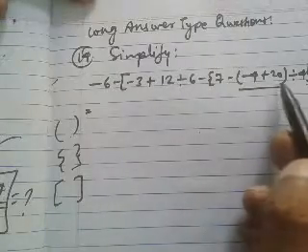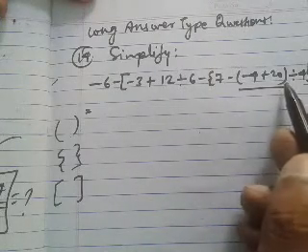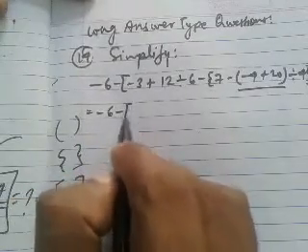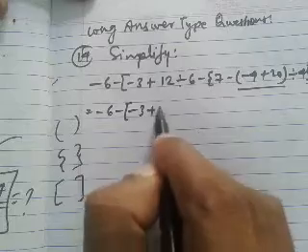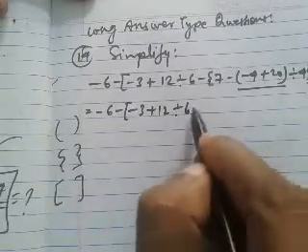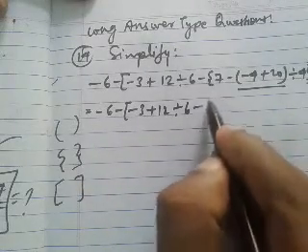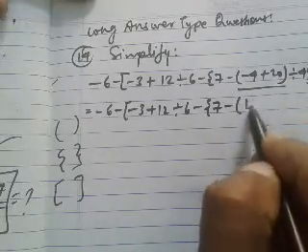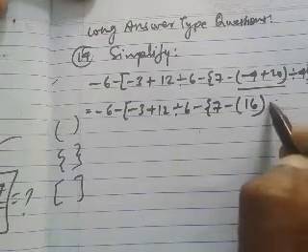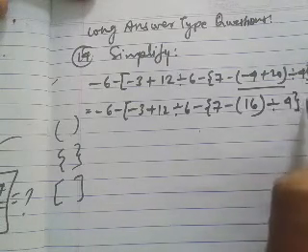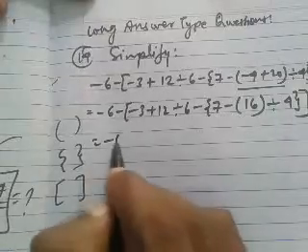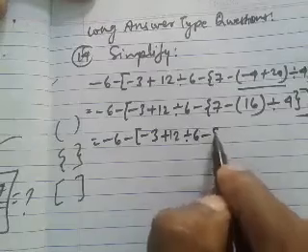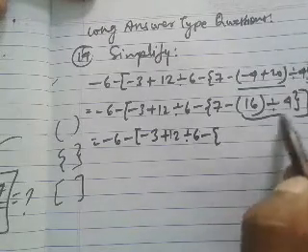So let us start. First of all, solve from here, because this is the small bracket. So minus 6 minus of big bracket, minus 3 plus 12 divided by 6, minus curly bracket 7 minus of minus 4 minus 16, we will get 16 divided by 4, curly bracket, then big bracket. Next, minus 6 minus 3 plus 12 divided by 6 minus, this time division is performed.